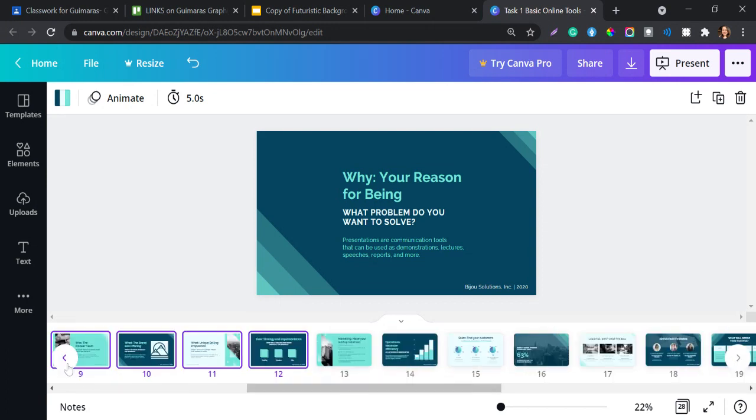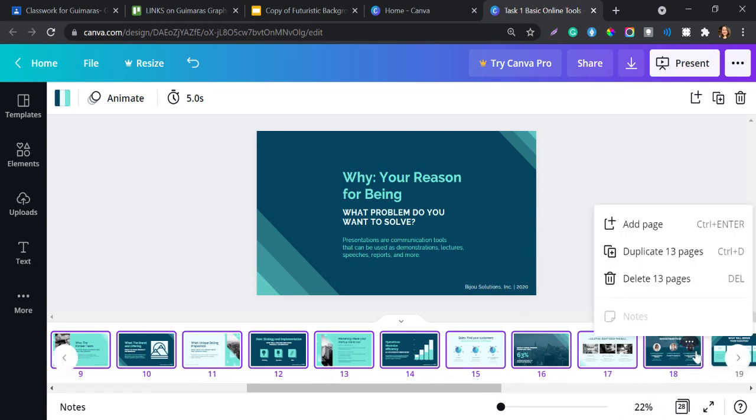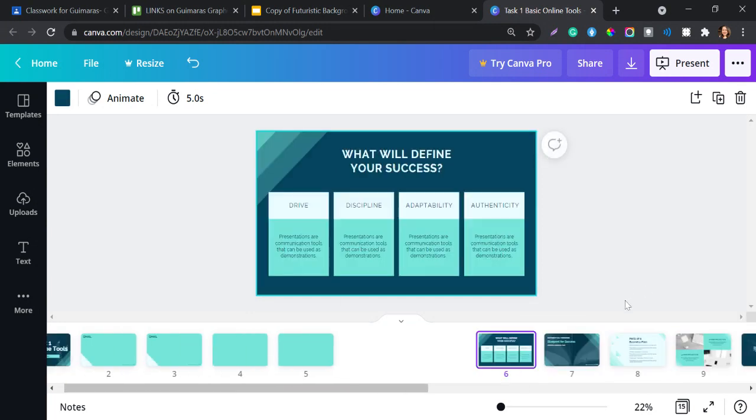Okay, let's say I want to delete everything like that, and then click on the three dots again, and then you can either duplicate everything, add page, or delete the 13 pages. So I'll just click on delete 13 pages, or once you've already selected them, you can just click on your delete button